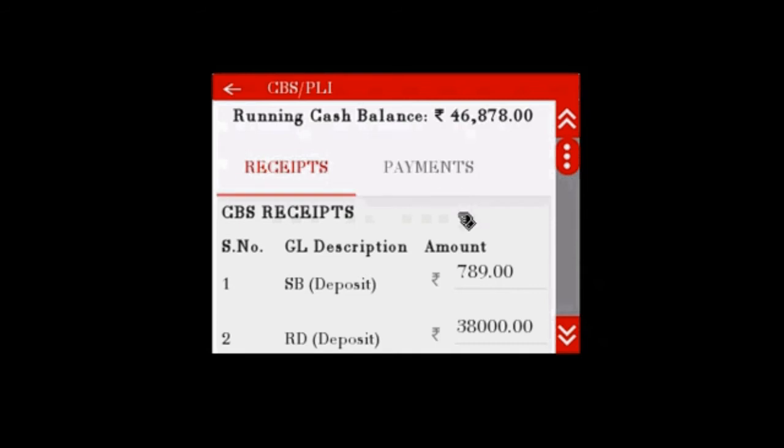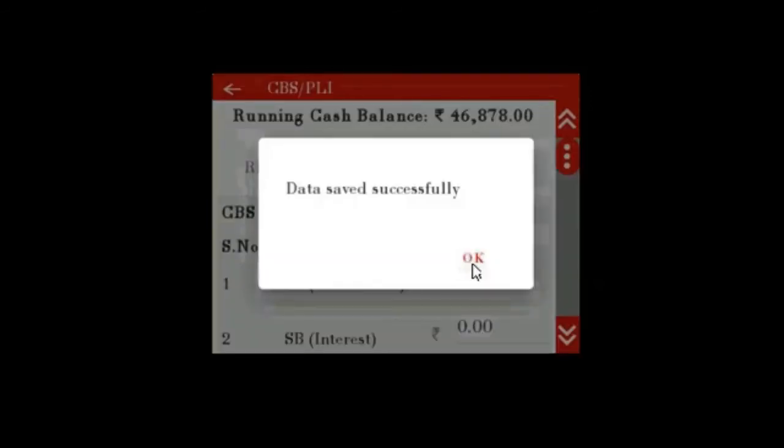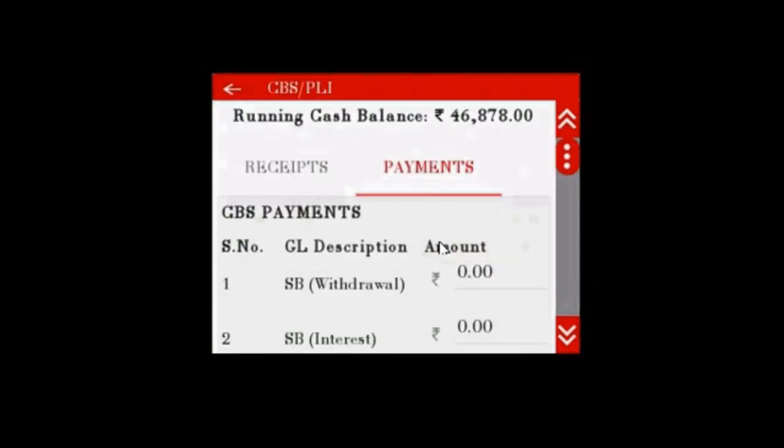Now payment option. Whatever withdrawal is done, data saved successfully. That receipt data has been saved successfully. Now the payment option, SB withdrawal, we have done 5,000.